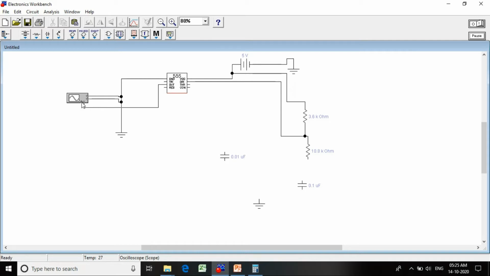And this will be connected to RB. The triggering point will be connected to RB.